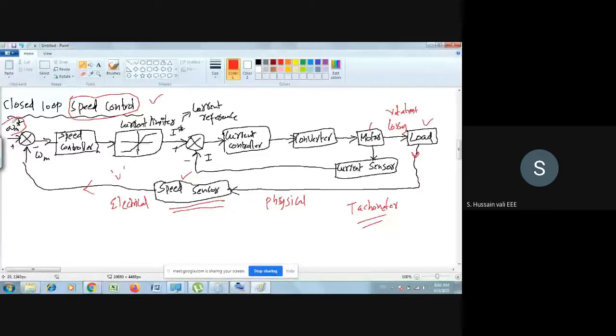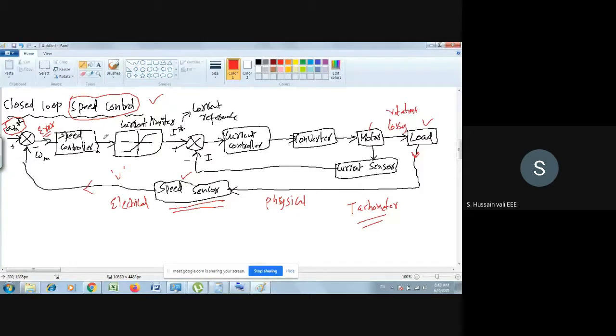Then already you have set the speed here, just like your regulator, you put the speed for the fan. So you set the speed here. Then some error will come here. This error goes to the speed controller. I told you already that controller is very common, and we give the name to that, whether it is a speed controller, torque controller, current controller, voltage controller. So the controller function remains the same. Based on the error, it takes an action, and that action will go to here.